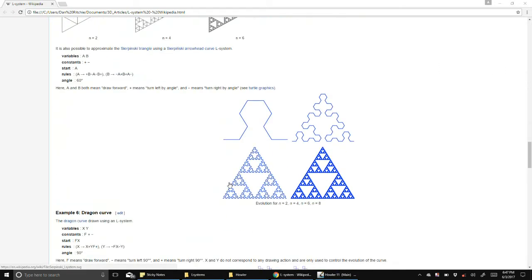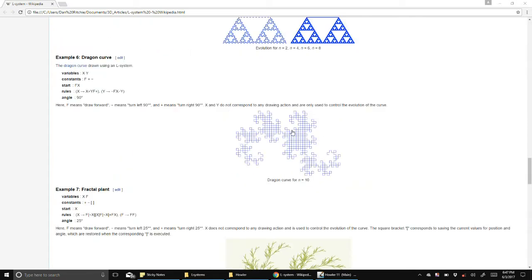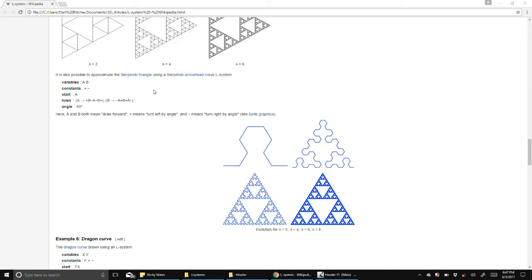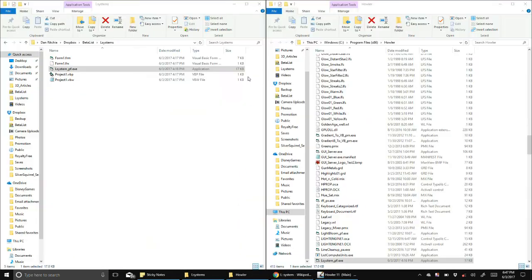Let's take a look at some of these examples. There's a sort of a branch structure. There's this dragon curve here. There's this Sierpinski triangle and so forth. We'll let you look that up on your own, but we're going to go ahead and dive into working with